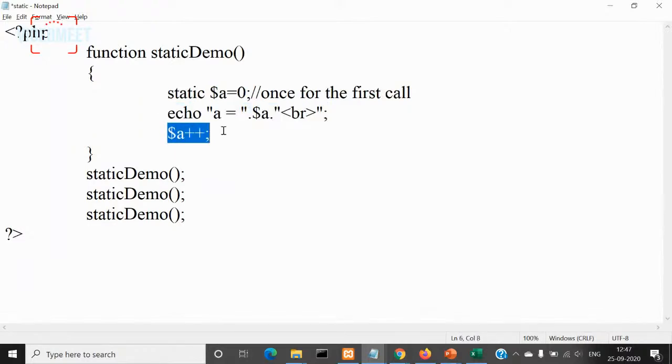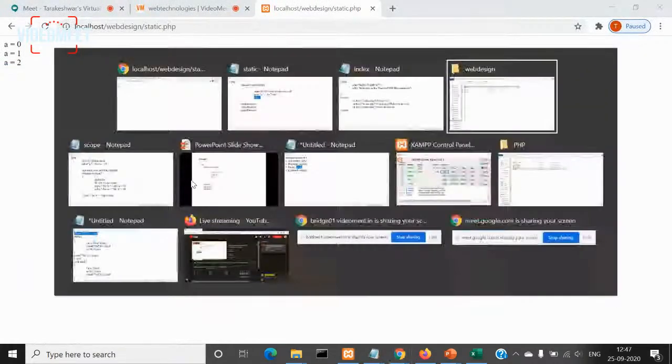Then again it gets incremented, then you will exit and again you will make a third call. So during the third call, what is the previous updated value? 2, so it will print 2. Then again you will increment it, then you will exit. So that is the reason why when you create a variable as static, the output of this program will be 0 1 2, right? So that is the meaning of static, that is the purpose of the static keyword, that is what is mentioned here